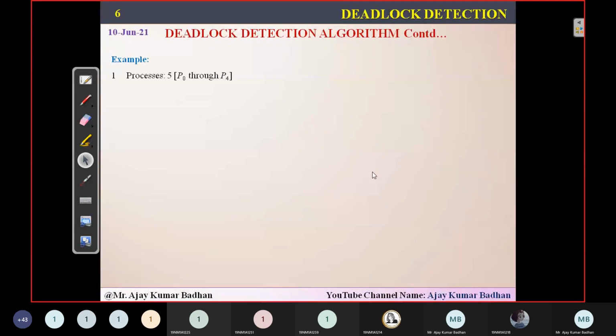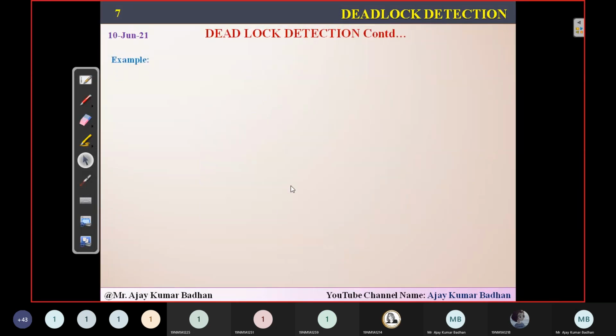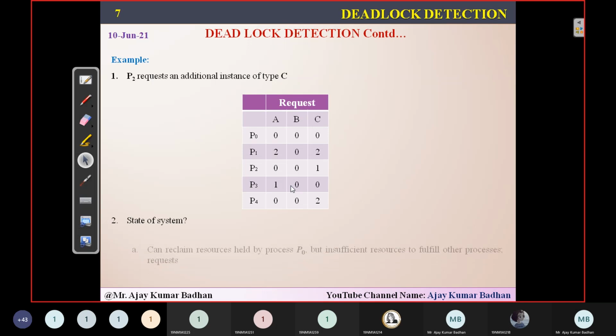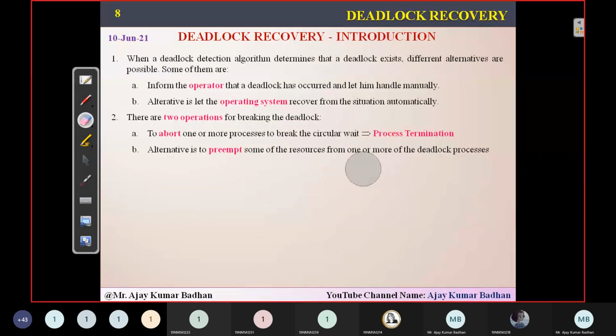So this is the example I have explained to you, and that is what I'm representing here. Same as whatever we have seen, so I think we've got the same sequence. Later on, when P2 has requested one instance, you can see the request matrix has changed. Earlier we had the request matrix 000, but this time the request matrix is 1. Again we applied that safety algorithm, the detection algorithm we have seen, and detected that there is a deadlock consisting of processes P1, P2, P3, and P4.